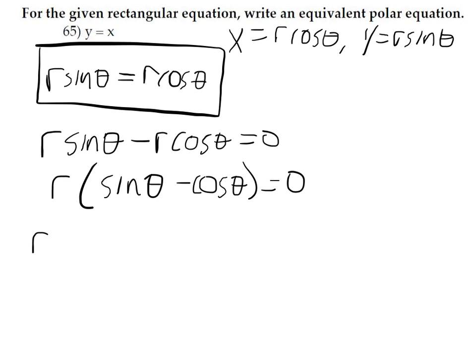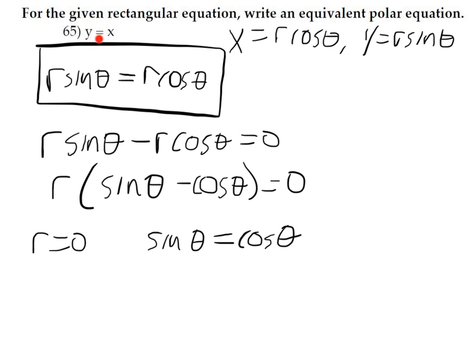This has two solutions, either r equals 0 or sine theta equals cosine theta. Now r equals 0 is just the origin. This is a whole line. This is not just the origin, so that's not enough. This is sine theta equals cosine theta, and that happens every 45-degree angle, and also in the third quadrant where sine and cosine are both negative. So this is the same as this, and that would be our final answer